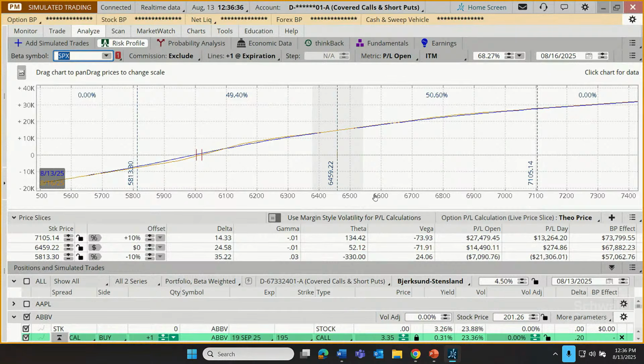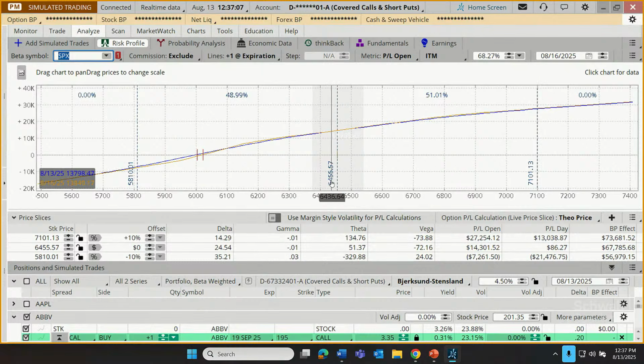So what can you tell me? And you haven't even seen how this portfolio is constructed. You don't have any idea what positions I have in this portfolio. But those of you who are used to looking at this chart, tell me, is this a bullish portfolio or is it a bearish portfolio? Not every portfolio is bullish. You might think all of them are. Nope. There are traders out there who primarily have bearish strategies going. Yeah, this is a bullish portfolio, and this is telling me if the S&P were to go from, let's say, 64.55, and if it were to pop up to 6,500, that would be projecting an unrealized gain